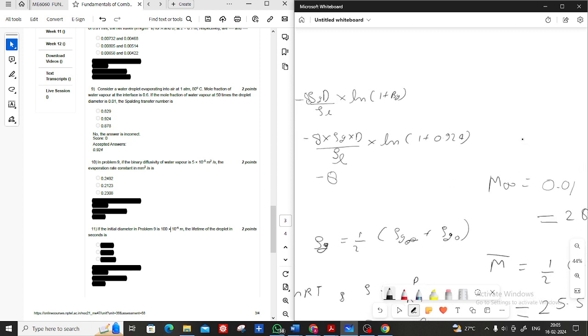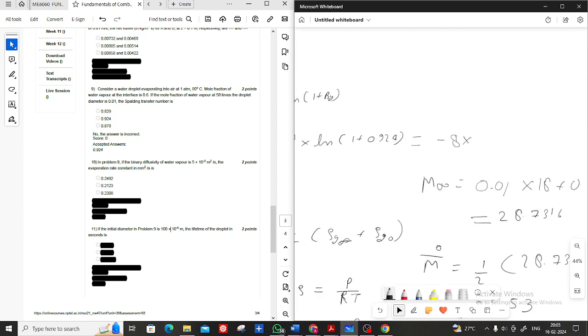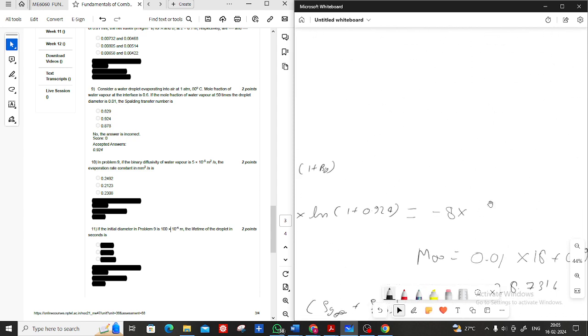It will be minus 8 into density, which is 0.8814